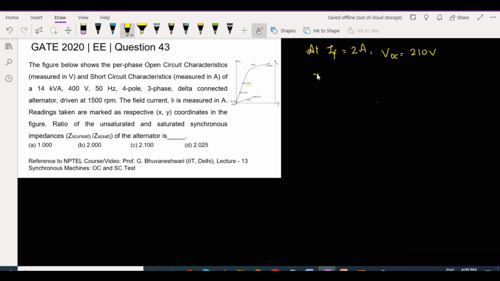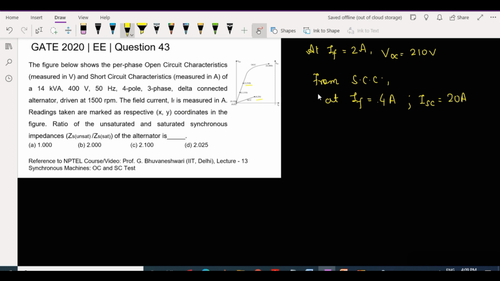And from the short circuit characteristics at the field current of 4 amperes, ISC is given as 20 amperes. For this value of 4 amperes, the short circuit current is 20 amperes.